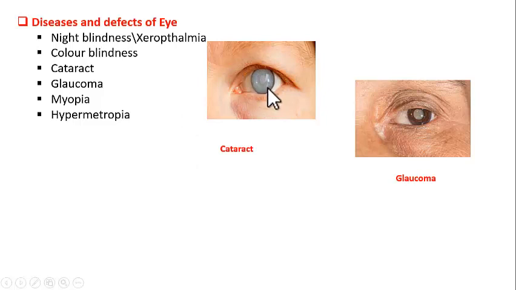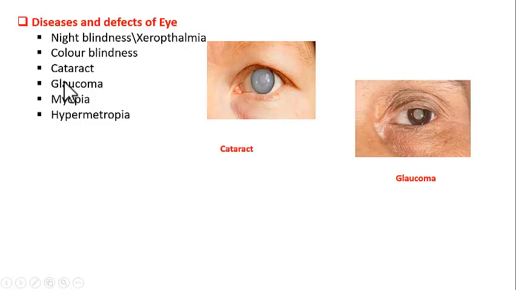The lens should be transparent, students, to transmit the light rays, but now it is opaque, so it is no more a lens now because it cannot pass light through it. Okay, that is cataract. But this condition can be reverted easily by a surgery. By surgery, doctors will remove this old eye lens and then they replace a new eye lens in that place. Okay, so this is cataract.